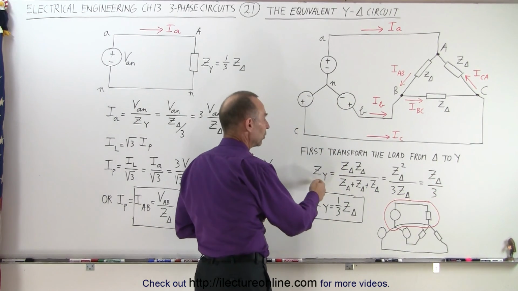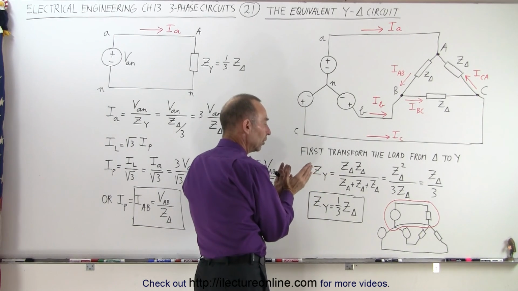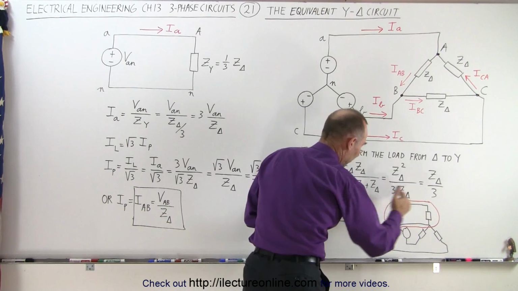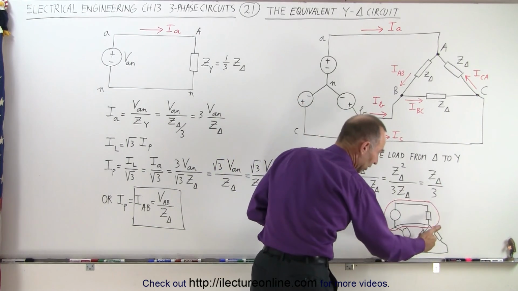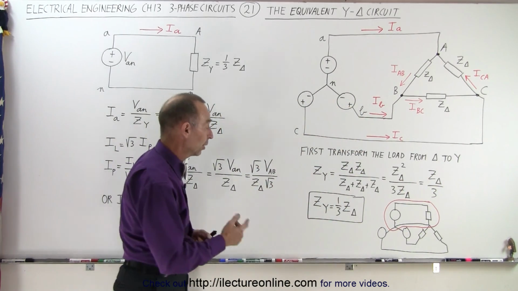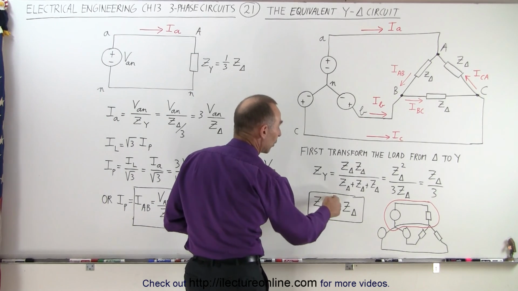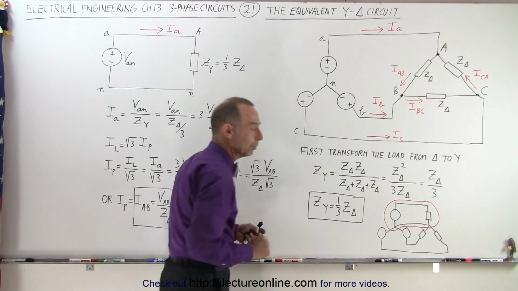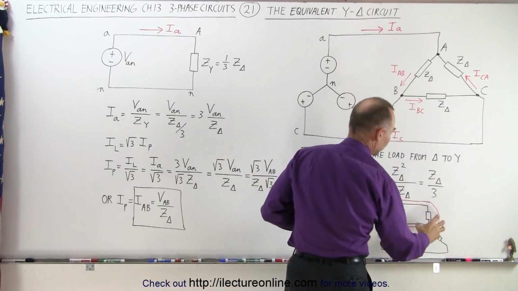In other words, the Y equivalent impedance, for a Y load that is transformed from a delta load, is 1/3 the value of the impedance in the delta load. In other words, ZY, the impedance of the Y load equivalent, is equal to 1/3 the impedance of the delta load. So what we're doing now is we're going to take the delta load and convert it to a